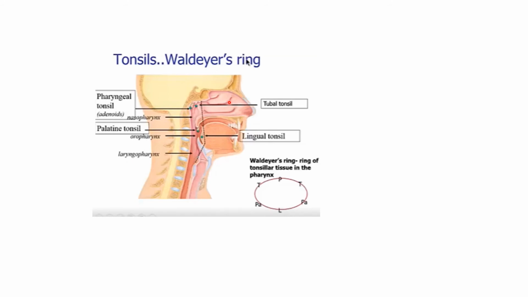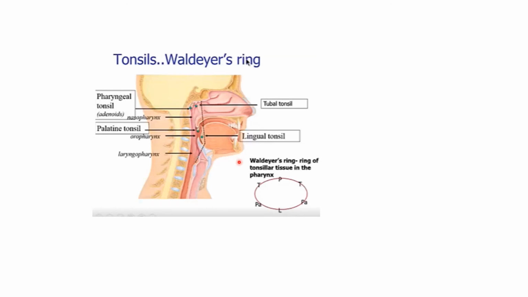So this is the nose, this is the tongue. If we trace posteriorly, there is an opening present, which is the tubal opening, and surrounding the auditory tube lies the tubal tonsil. The elevation is formed by the cartilaginous part of the auditory tube, and overlying it is the tubal